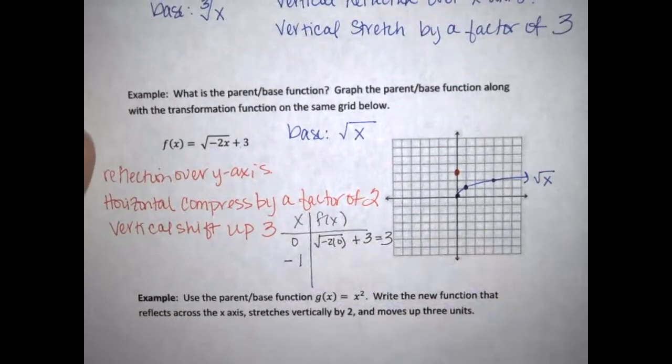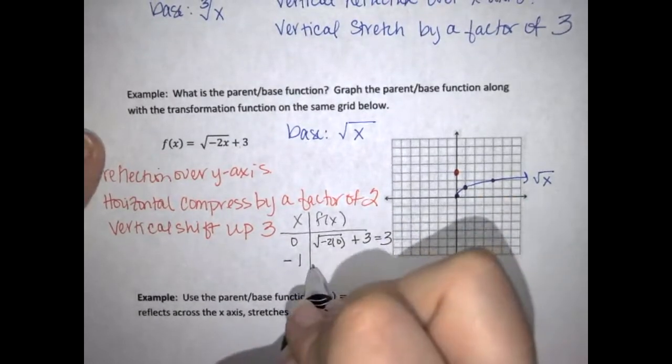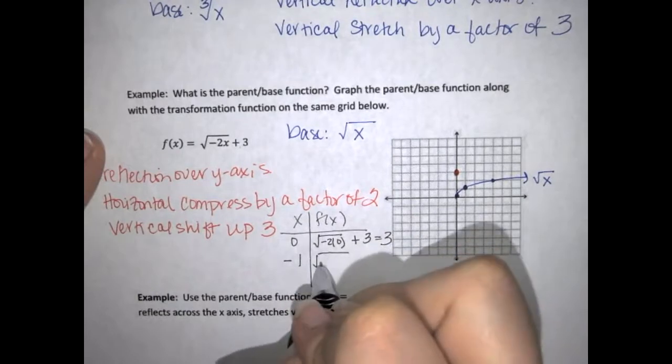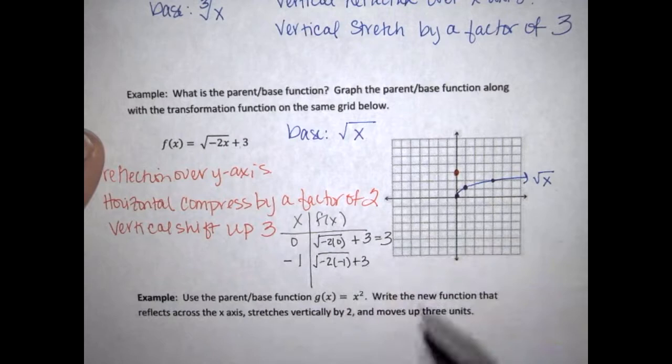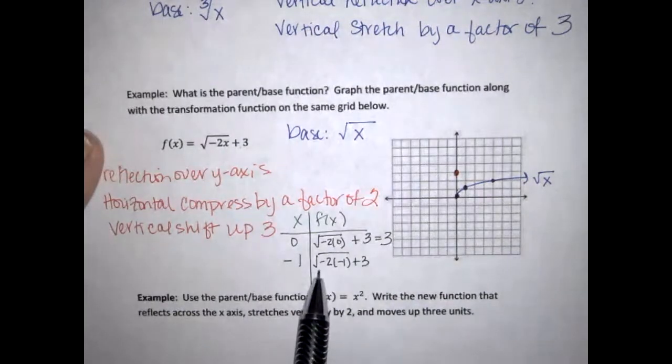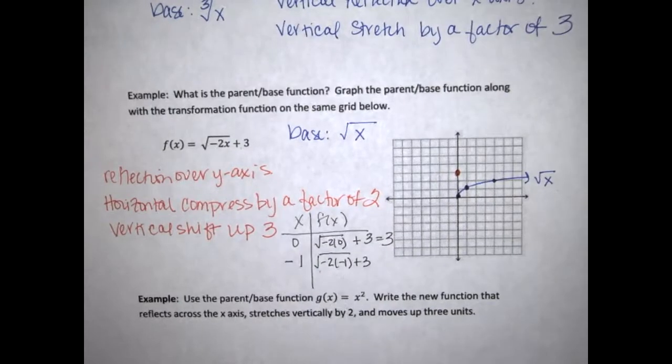So one thing that we could do is you could say, okay, let's plug in negative 1. So here, I'm going to have the square root of negative 2 times negative 1, plus 3. Negative 2 times negative 1 is a positive 2. The square root of 2 is going to be a decimal. And so here we're talking about the square root of 2 being